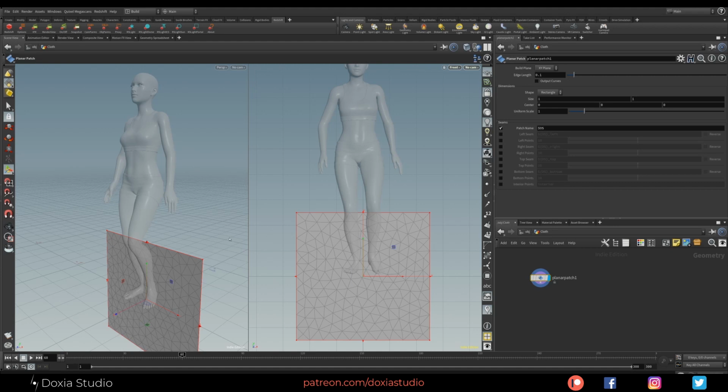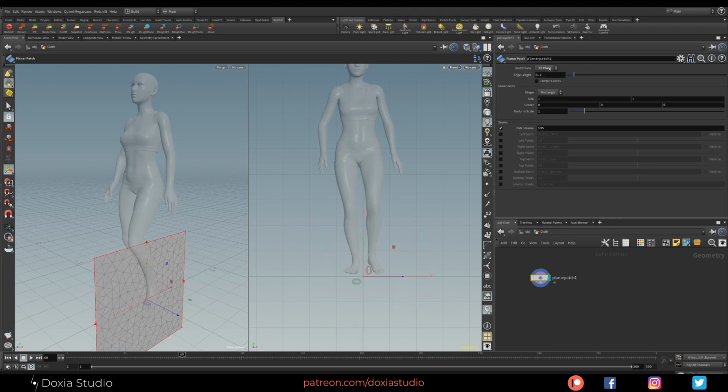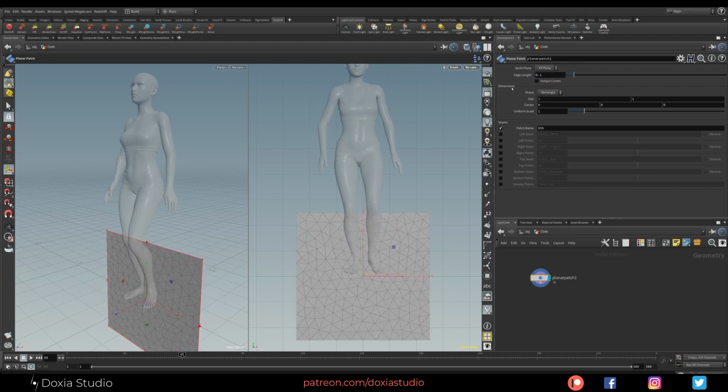If you look at Marvelous Designer, they work pretty much like this. On this node, you have a few options. Here on build plane, you can switch the plane of your surface, like this one is on the floor. We have dimensions, which is the shape of your surface. You have rectangle, trapezoid, circle, and ring.